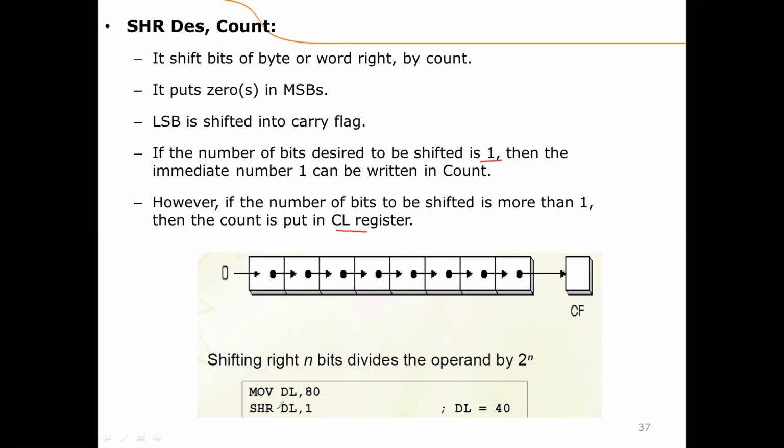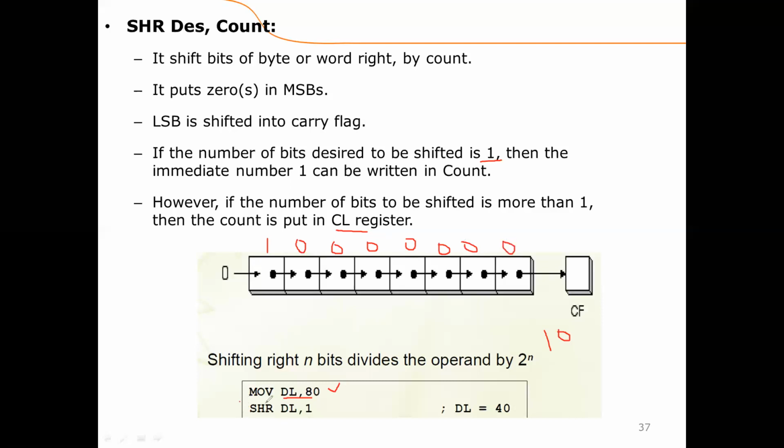Now, for example, in this case, we have used MOV DL, 80. After execution of this move instruction, what will be the content of DL? It is convenient to understand 8-bit operation, that's why I am considering 8-bit operation, but similar logic applies to 16-bit operations also. So let us assume our number is 1000 0000, that is 80H, where 8 is 1000 and 0 is written as four 0s in hexadecimal.